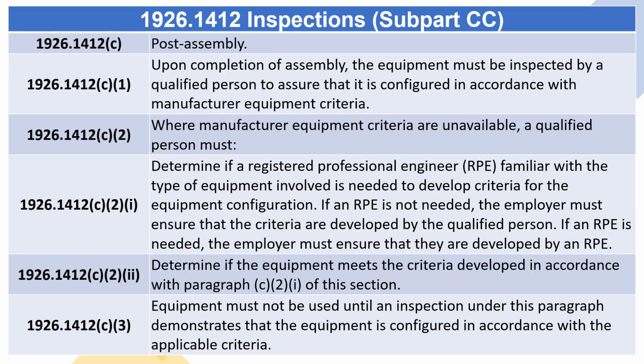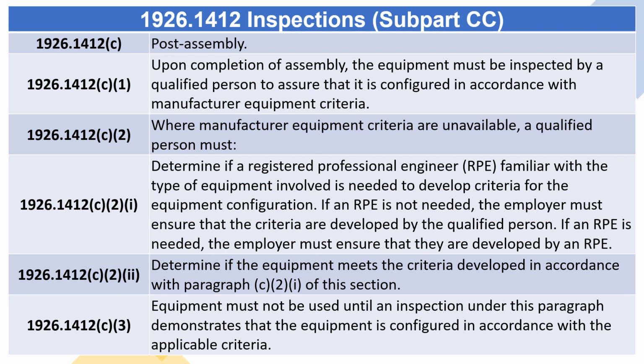1926.1412(c) Post-assembly. 1926.1412(c)(1) Upon completion of assembly, the equipment must be inspected by a qualified person to assure that it is configured in accordance with manufacturer equipment criteria. 1926.1412(c)(2) Where manufacturer equipment criteria are unavailable, a qualified person must: